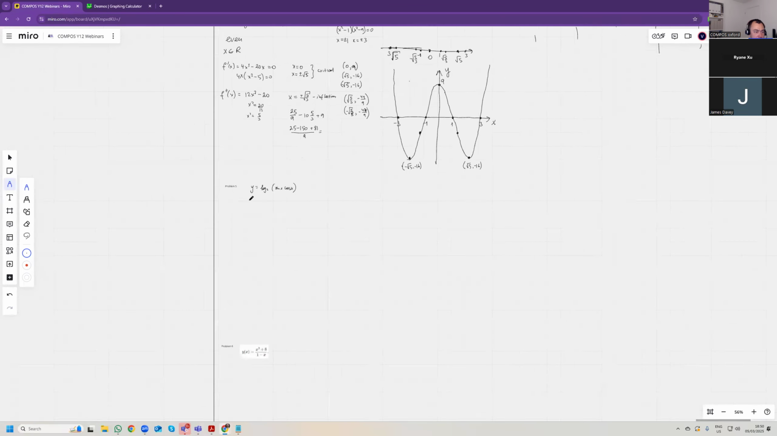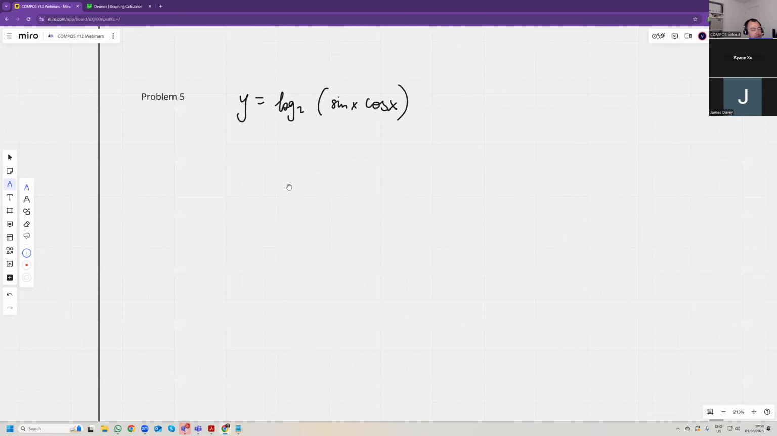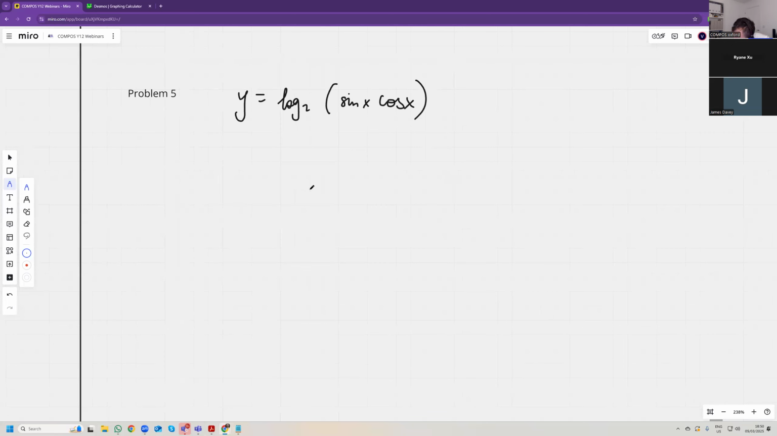Okay. Moving on. That's an interesting one. I haven't done this before, so I'll do it on the spot. So there are no limitations on the range, aren't there? There are. Because